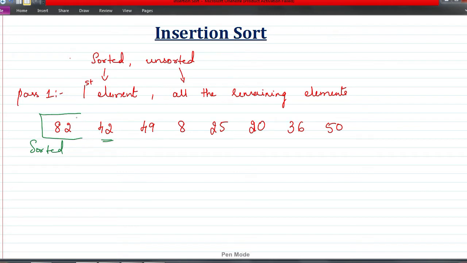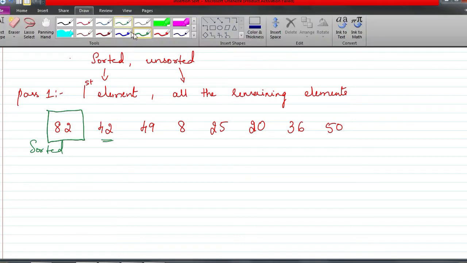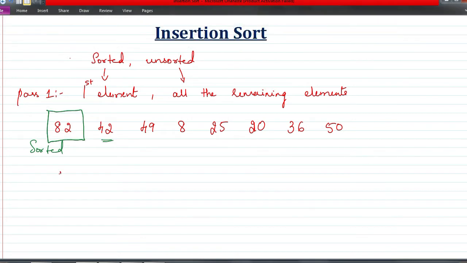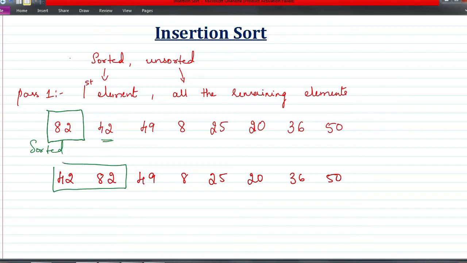So we interchange these two positions, and then we are going to have the contents like this. 42 comes here, 82 comes here, and now this is going to be our sorted part and the remaining elements are not sorted. So if you consider the first two elements, this is sorted, right? This is your sorted part now.